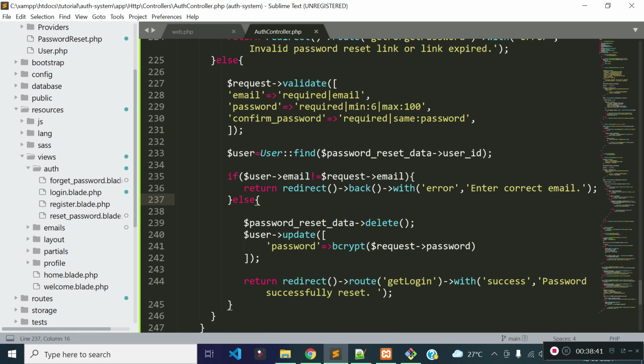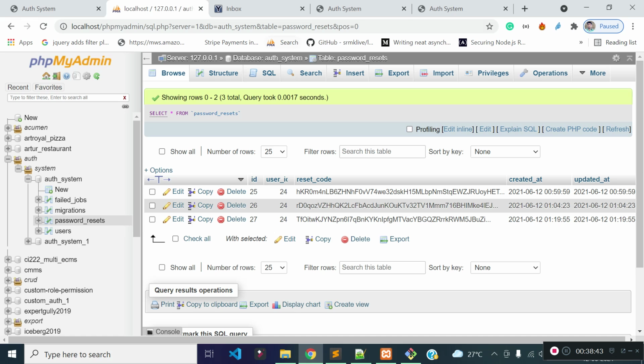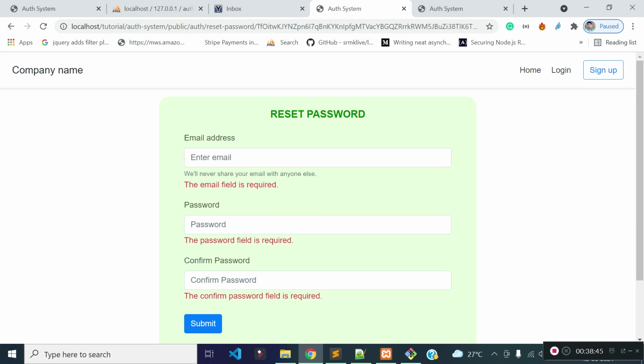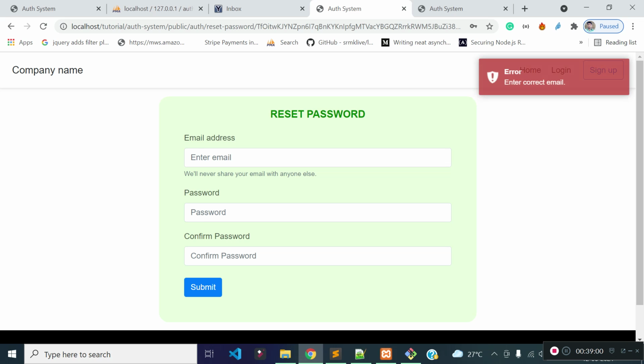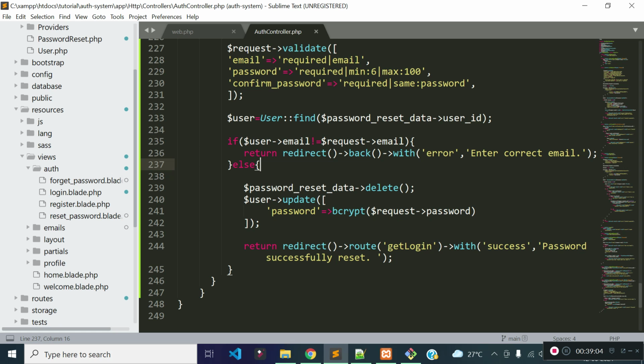Now we are checking whether the user who is resetting his password is entering his correct email or not. If he tries to enter a wrong email which is not his email and tries to reset his password, let's see what is happening. You can see enter correct email, that means the user is not entering his correct email. That's why I check this thing here.